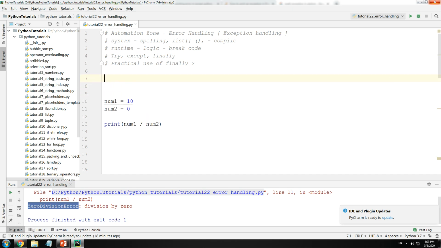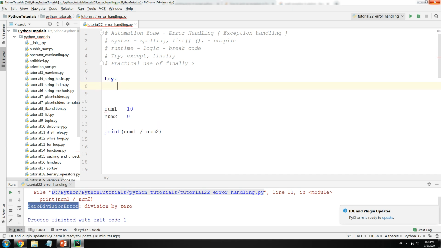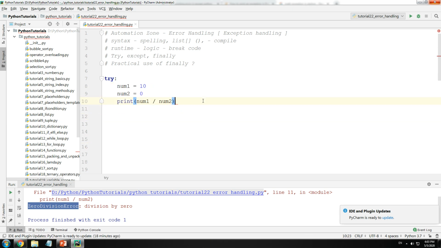So let's try that. Let me put in try the code which might have an error. As a good programmer, assume that your code will have errors. No one should think that their code is perfect. So the code which might have an error, which is almost all of your code, will go under try.